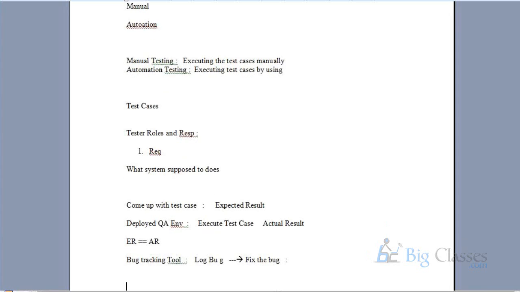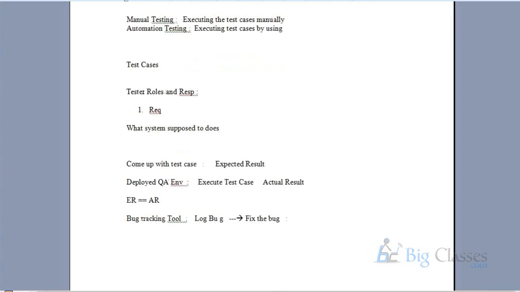Yes. Now, my question, and a very, very important one, is: why automation testing? This course is purely Selenium, that's why I'm directly focusing on automation testing. So why automation testing? What are the drawbacks of manual testing?